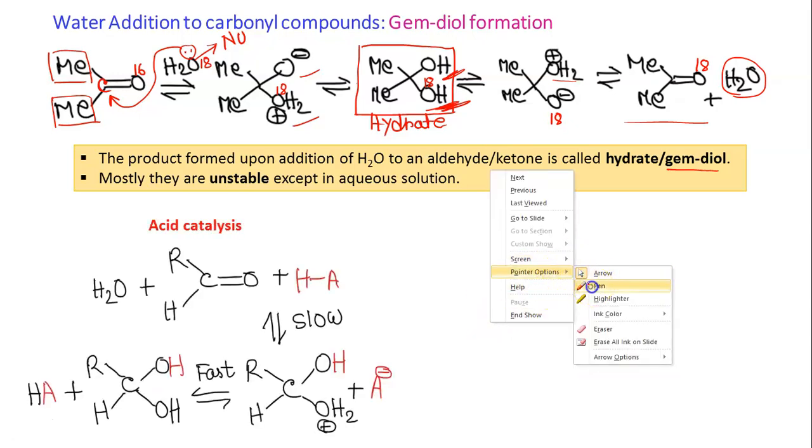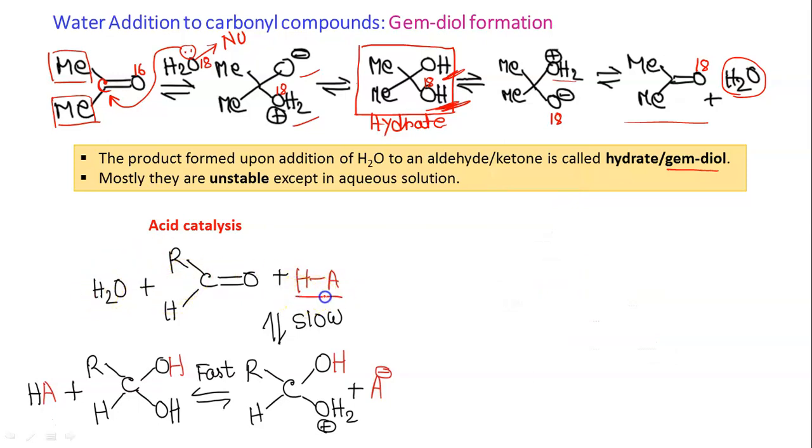So when it is acid catalysis, here we have taken HA and this is water. Water will attack this carbonyl carbon, and the negative charge that will be generated over the oxygen will capture the H of the acid that we are using as catalyst. So there will be formation of this where the OH2 is protonated. Now this A minus, which is the conjugate base of the acid, can take this extra proton so that OH is neutral again. So this is our final hydrate compound. And what is base catalysis?